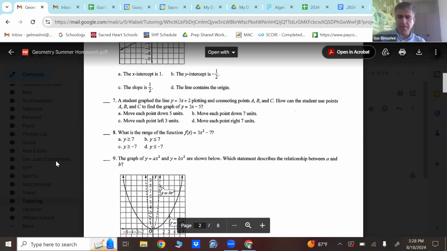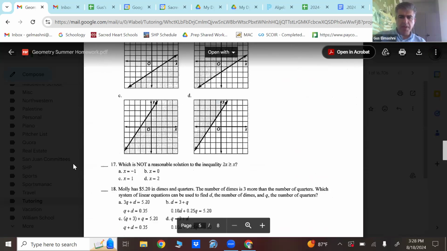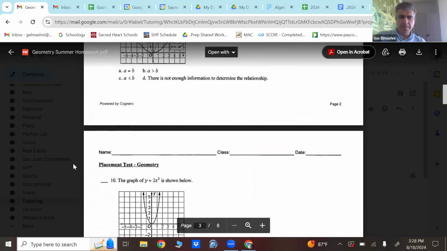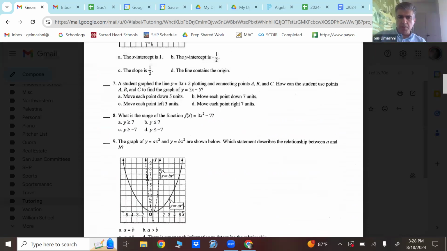All right, so let's take a look at 7. And let's see how many questions we have here. I think we can get through this by 4 o'clock. Okay, the student graphs the line y equals 3x plus 2, plotting and connecting points A, B, and C. How can the student use points A, B, and C to find